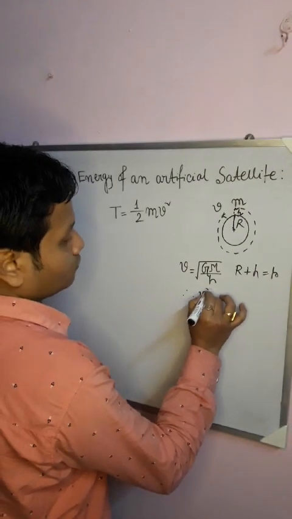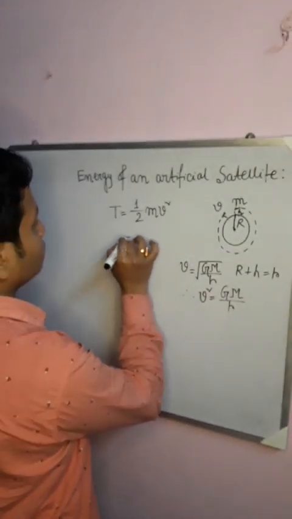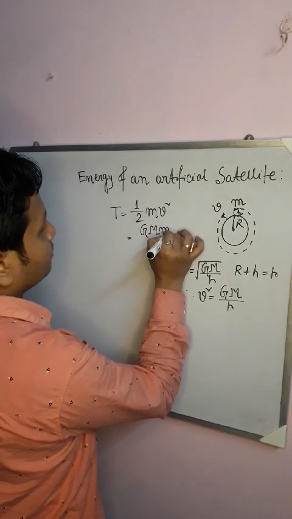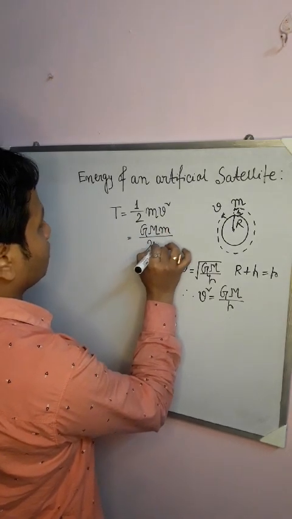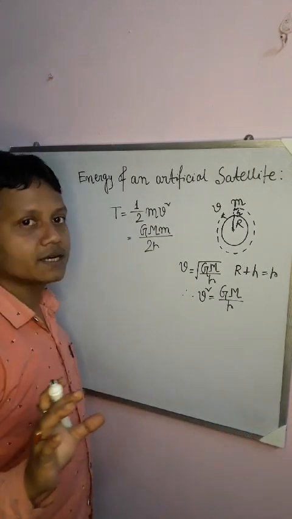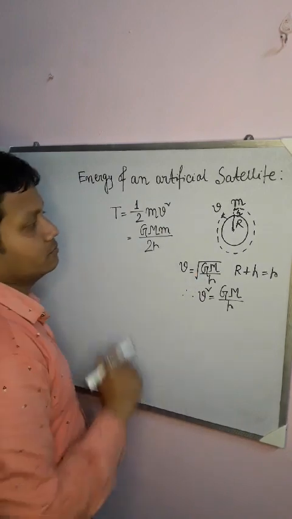So from which we can easily conclude v square is simply GM by r. So substituting this value, what we get is GMm upon 2r. Okay, so this is the kinetic energy of an artificial satellite revolving around the earth with a velocity say v. Okay,